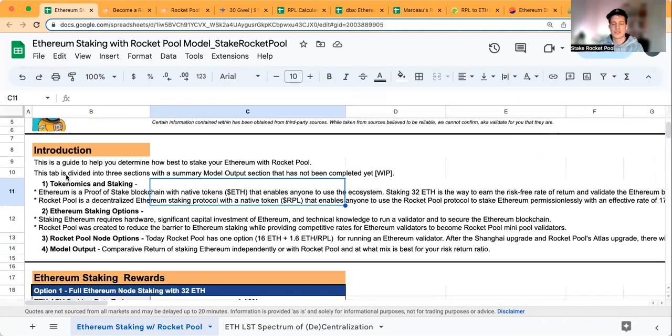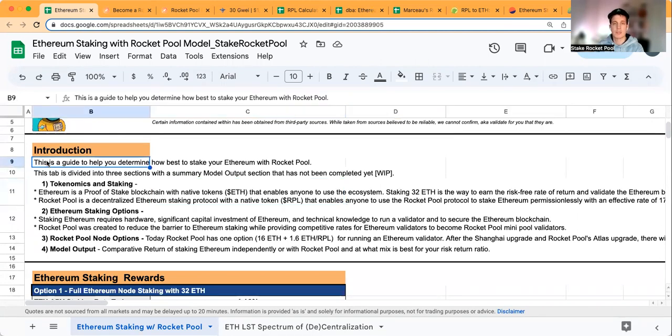I'm excited to give shout outs to the teams that helped inspire the creation of this. But let's start at the top with the introduction. This is a guide that you'll be able to copy and edit and hopefully improve upon. What we're doing here is first going through what is in this first sheet, which is Ethereum staking with